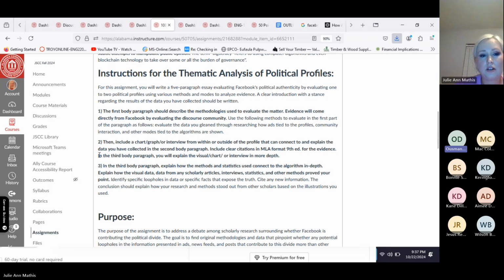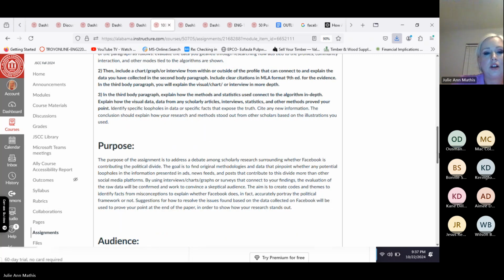Yes, sorry for interrupting, but could you explain what you want us to do in the third paragraph in a bit more depth? So you just want to really focus on, let's say you're using an article or you're looking at that chart, you could either compare that chart, graph, or statistic or finding to other statistics, or if you are working with an article, just go into more depth into that article that you're using and explaining how that data or any